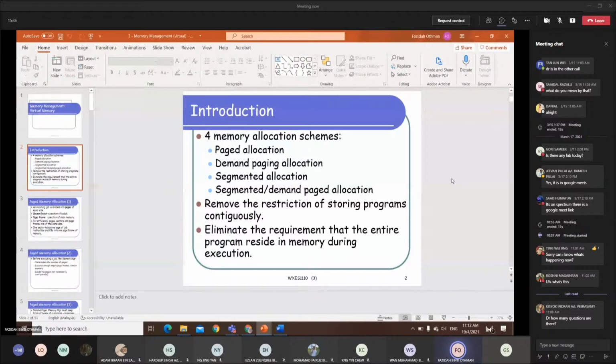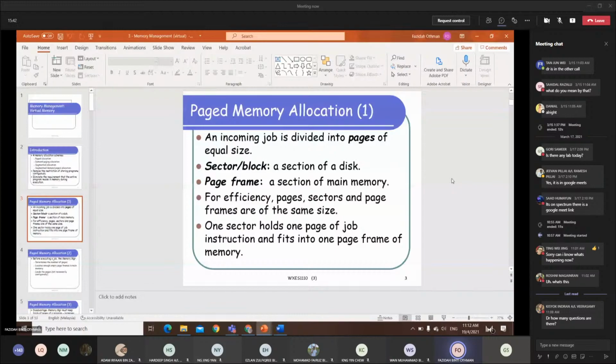So some terms that you need to understand about this: sector, block, and then page frame. You will see these terms continuously in all the chapters. Sorry, is there any question? No. Okay, so in page memory allocation, the first scheme, all incoming jobs are divided into pages of